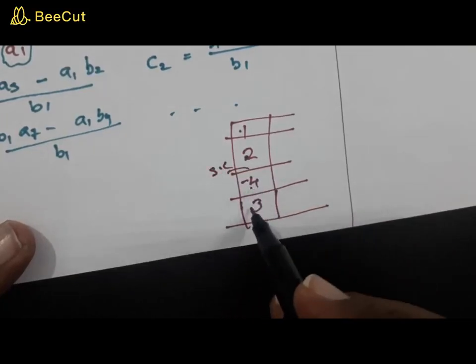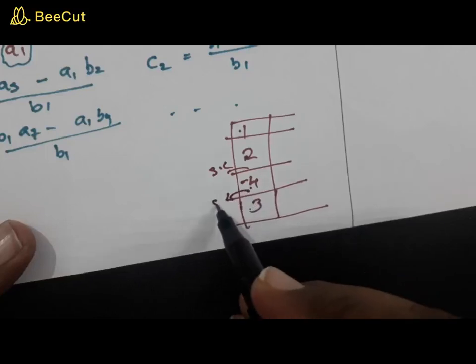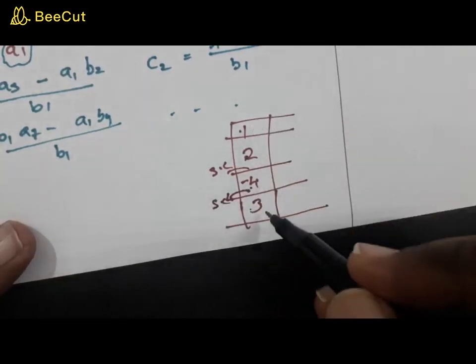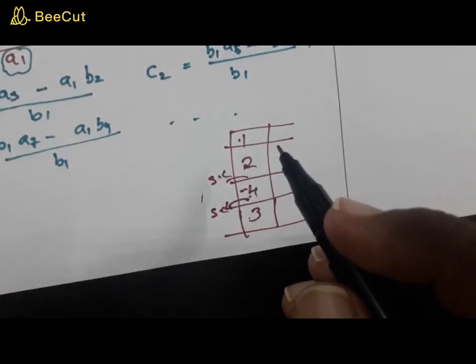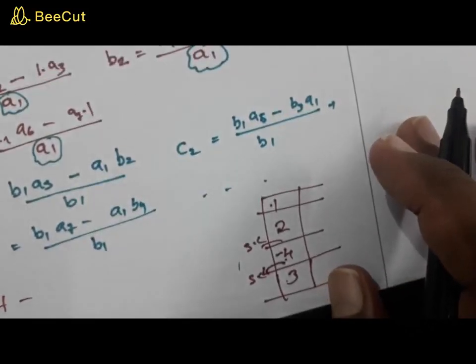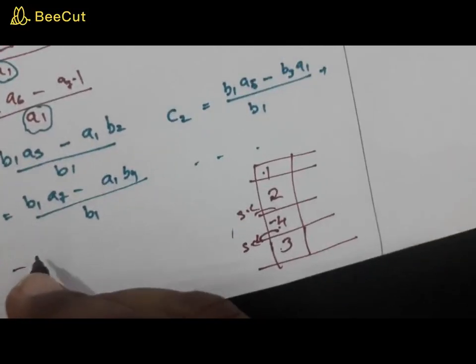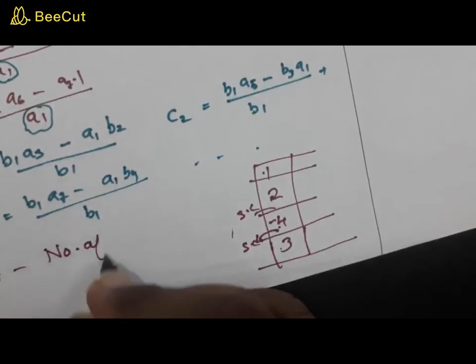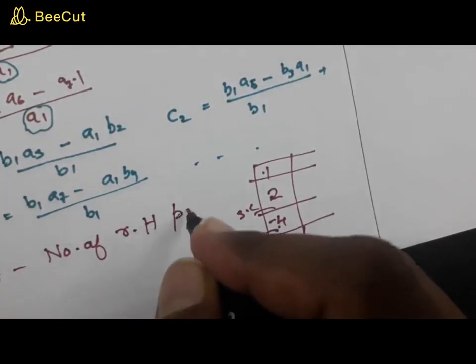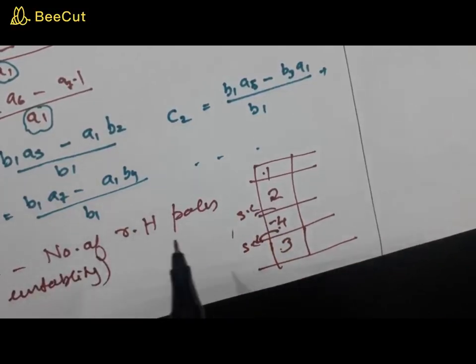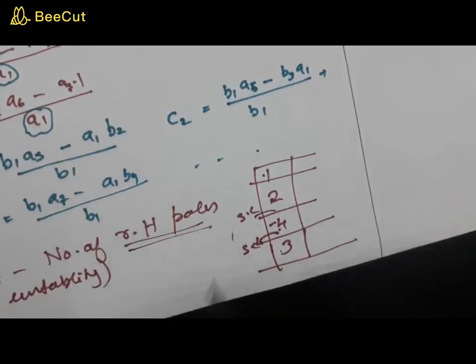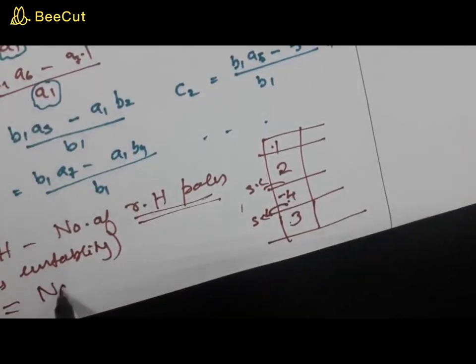Now from a negative quantity, again it becomes a positive quantity. So as you move from top to bottom of the first column, you have seen that there are two sign changes. Now what does this RH criterion state? The RH criterion states that the number of right half poles, which cause instability, or make the system unstable, is equal to the number of